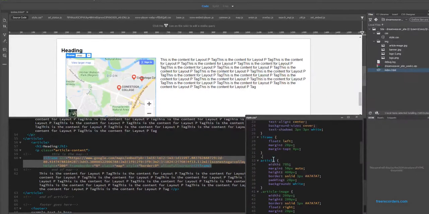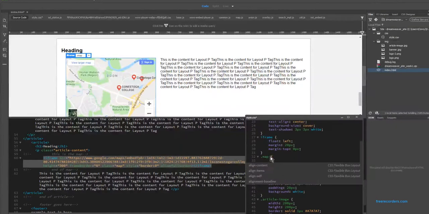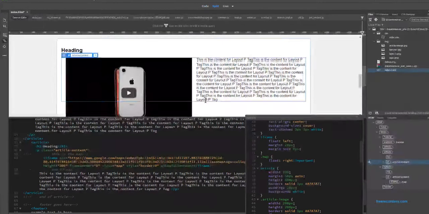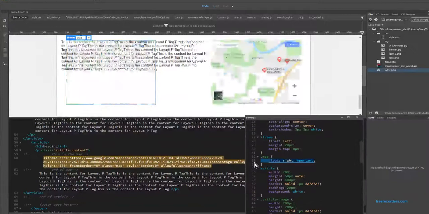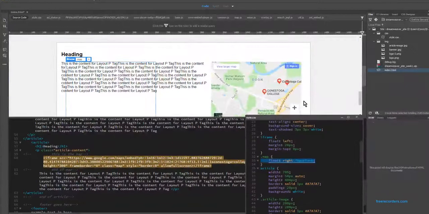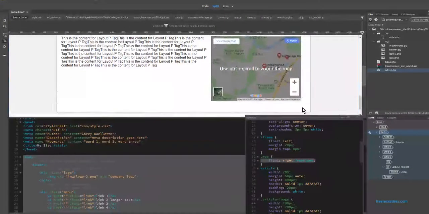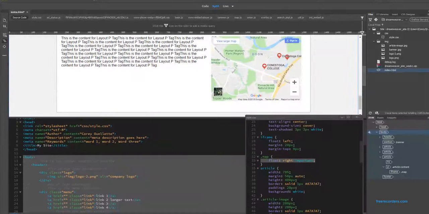And let's just do dot map for the class, and float right, and we'll do our exclamation mark to do important, meaning we want to make sure this rule is the one that's absolutely for this one. And then when we go back and forth, any luck, you can see we have now our map on the right hand side. And when we go ahead and save and preview